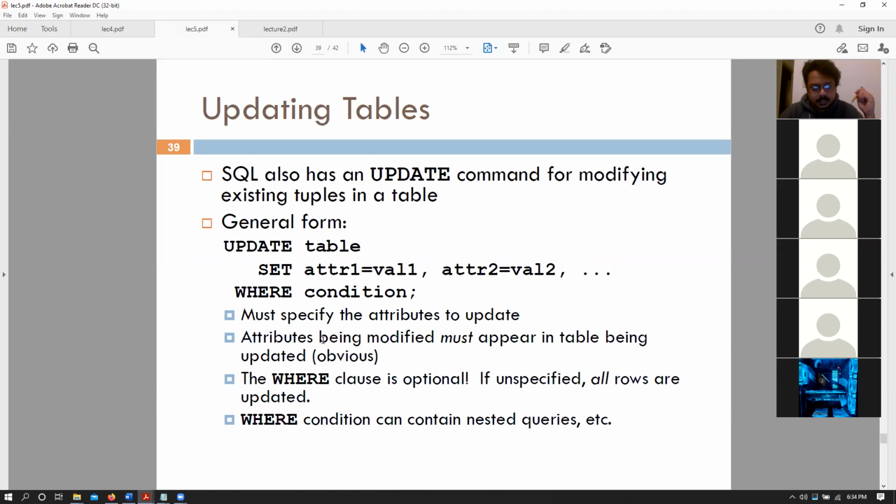We can also update our statements as well. Essentially, we need to specify the attributes that we want to update. Remember, we talked about this in our assignment operations in our regular relational algebra expressions. So those were your assignment operations. The where clause is optional in this case. We can update everything, or we can update a certain set of rows.